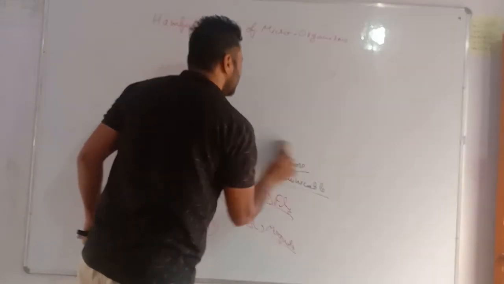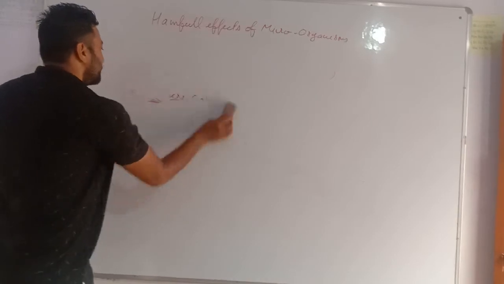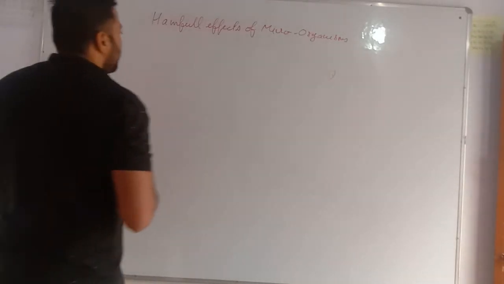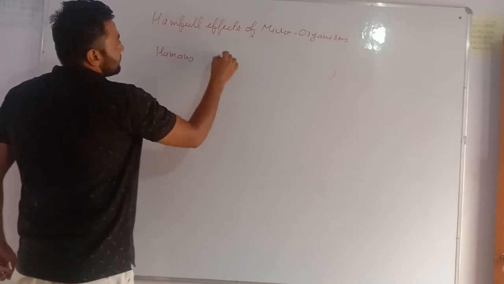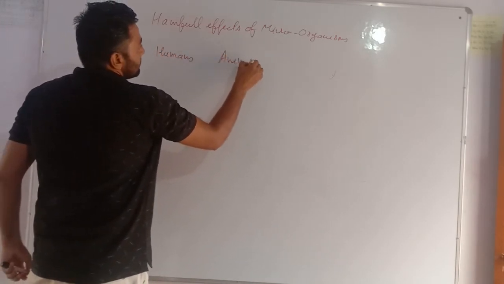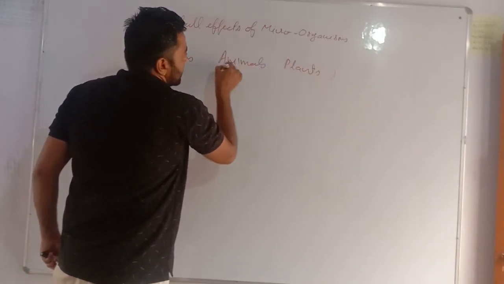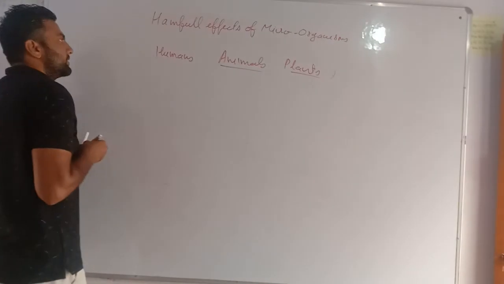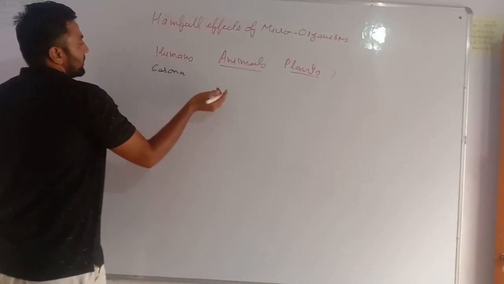It does not mean that only humans, animals and plants are also affected by these viruses. Humans, animals, plants. See, my dear students, a few common diseases of humans are corona,